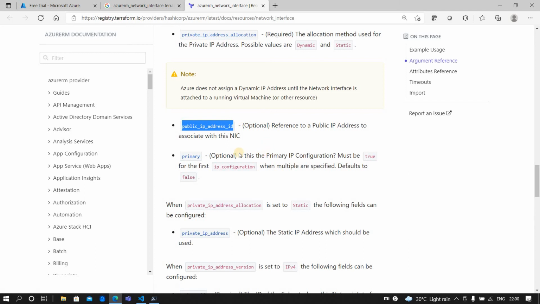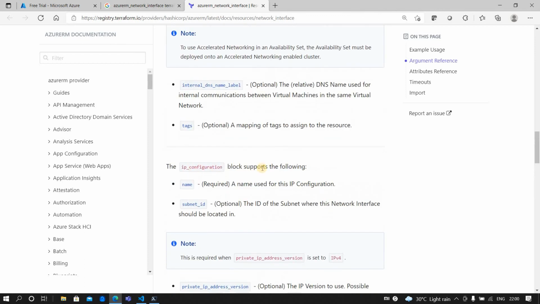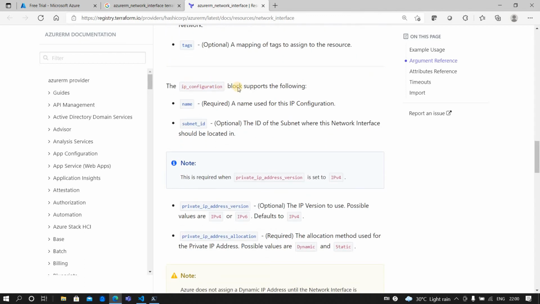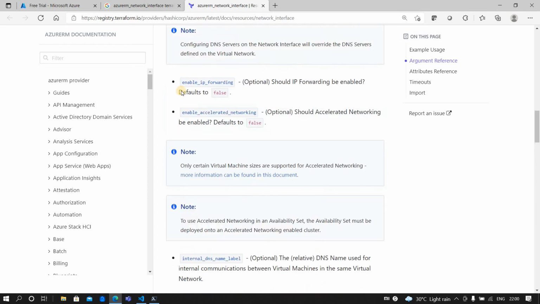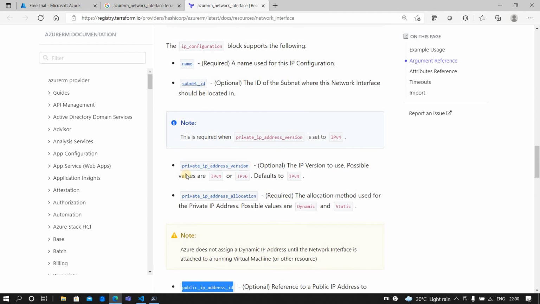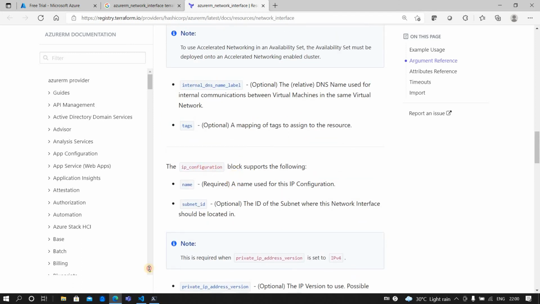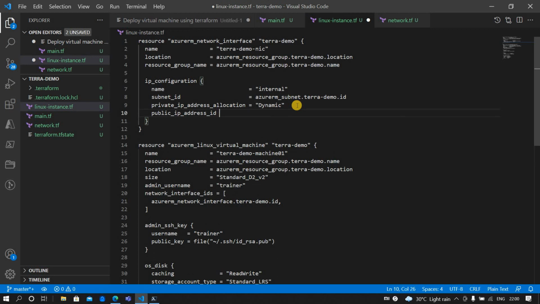Now I'll take this and mention it here. I also have to ensure that, as per the alignment of this, it comes under the IP configuration block. So under the IP configuration block, I have to mention the public IP address.